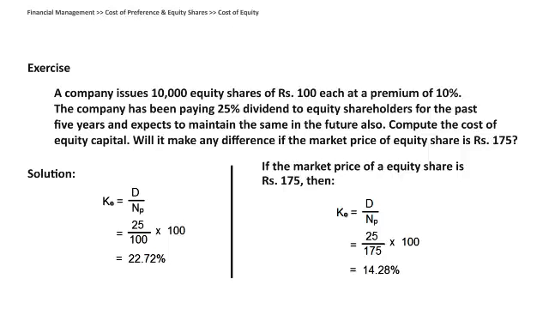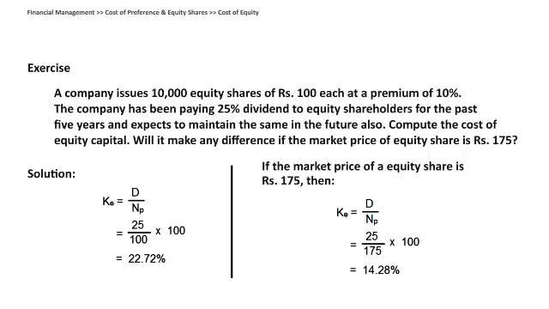Now, given this information, let us try to do it. Right? Now they are trying to say two parts. First in case of net proceeds, second in case of market price. Now whatever information is given to you, focus that we need only two things. We need dividend and we need net proceeds or market price. Let us find the dividend first. They are saying company issues 10,000 equity shares of 100 each. 10,000 is what? Number of shares. One share is 100 each. They are issuing at a premium of 10%.